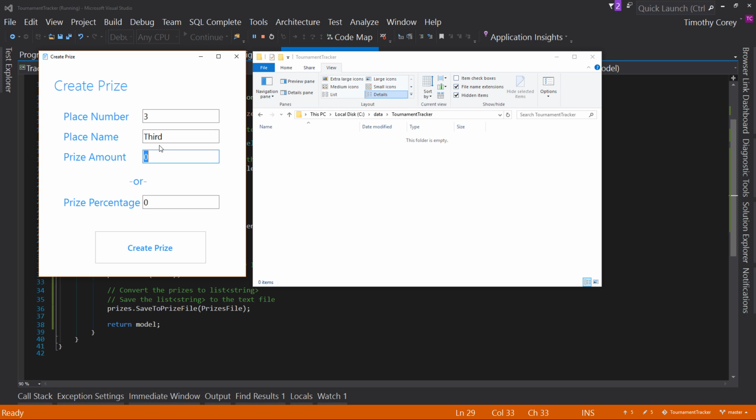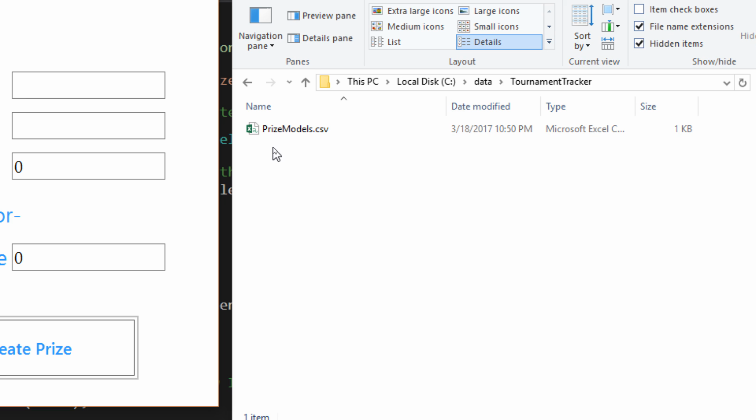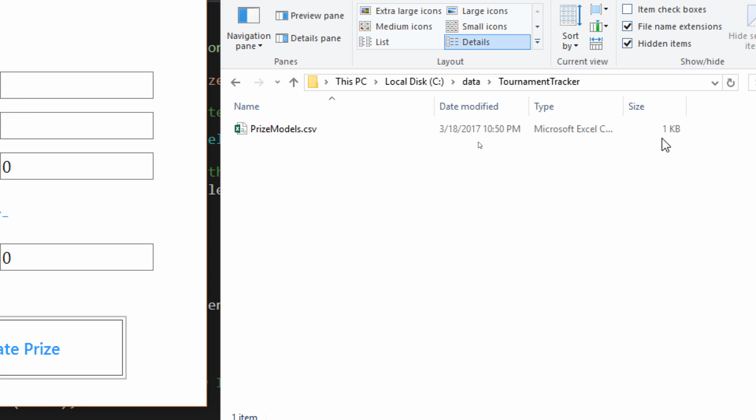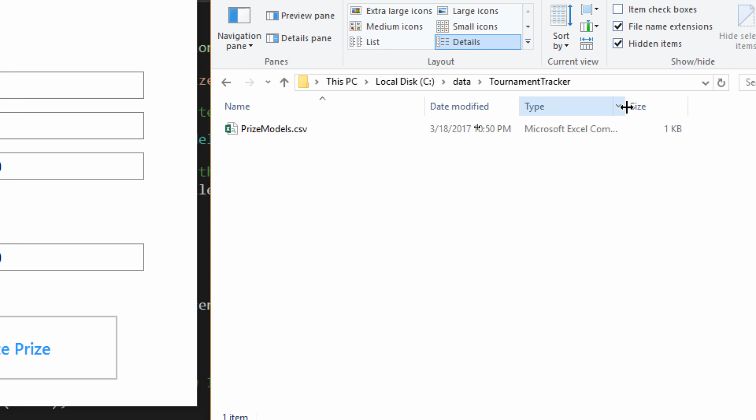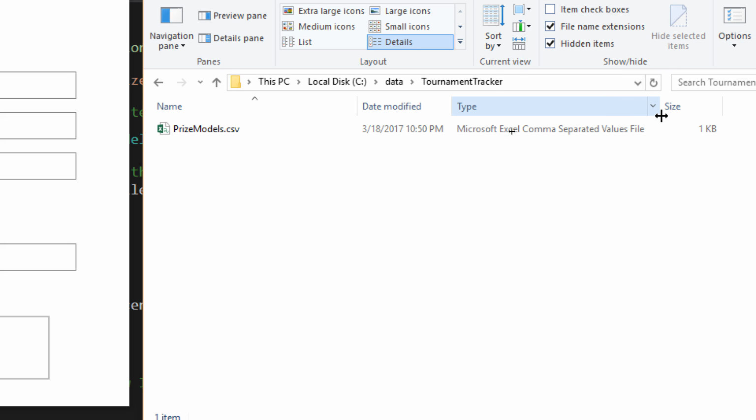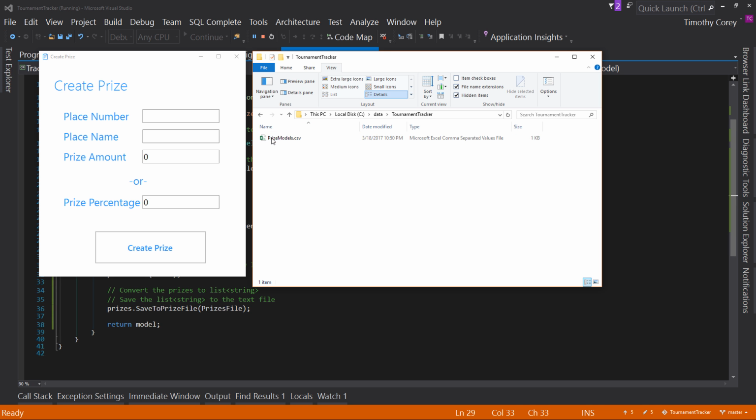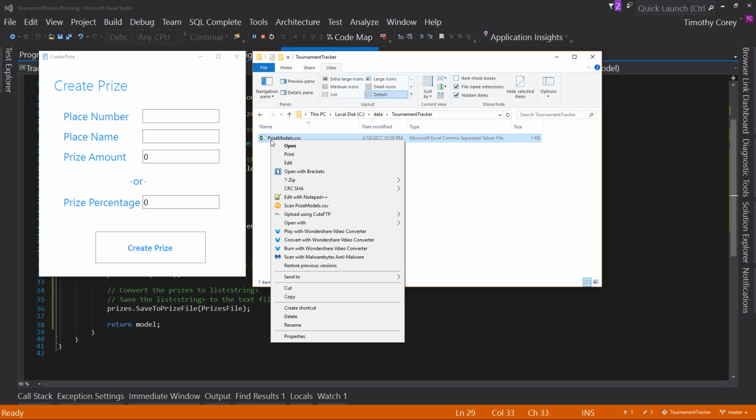And the prize amount for this we'll say is 25. We're going to create prize. And look at that. We have a file over here. And if you notice on my system, it says, hey, that's a Microsoft Excel file. It's actually a Microsoft Excel comma separated values file. Well, sure it is. But I'm actually going to open this